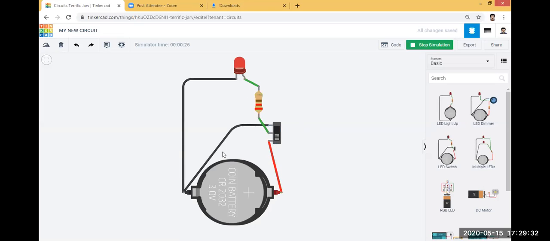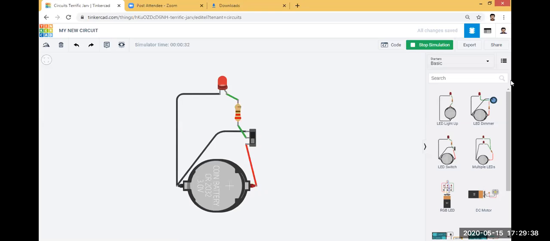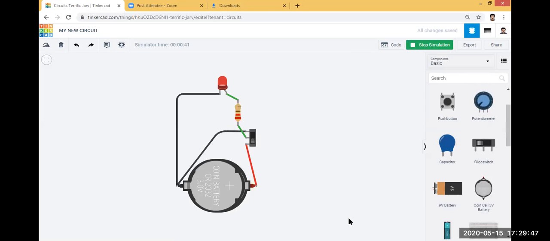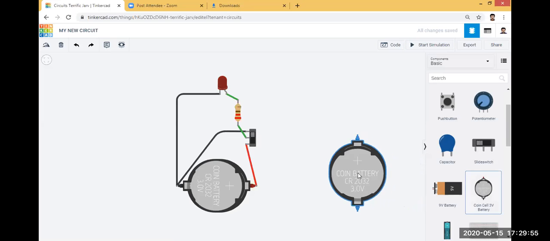Now I will show you how to create this circuit in Tinkercad. Go to the basic option. First you have to select the coin battery. Here on the screen you can see the coin 3-volt battery. I just click and move it here.